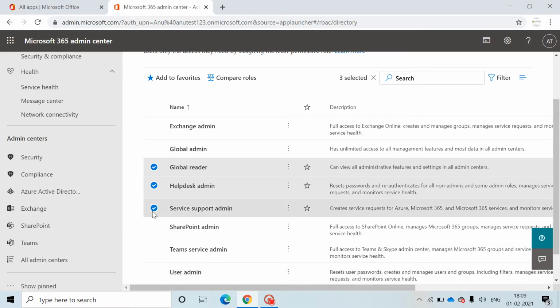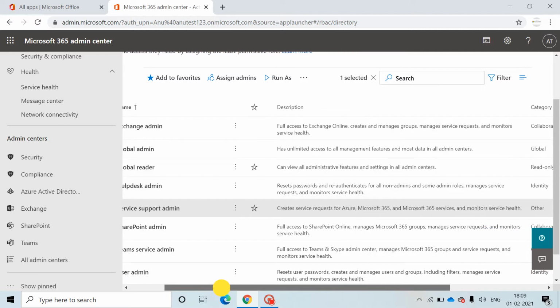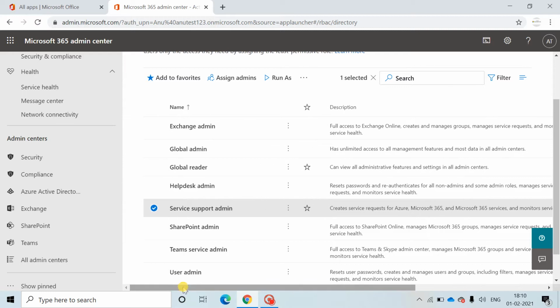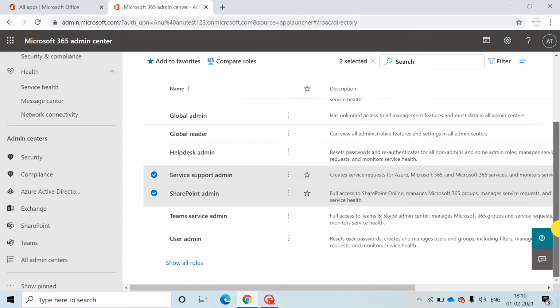So that is what a help desk admin is. Service support admin is someone who can create support tickets, who can contact the Microsoft support team and again monitor service health. That can all be done by the service support admin. SharePoint admin, again, has access to the SharePoint admin center. OneDrive admin has access to the OneDrive admin center.